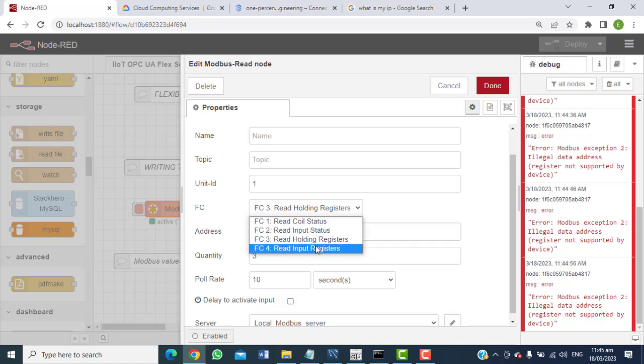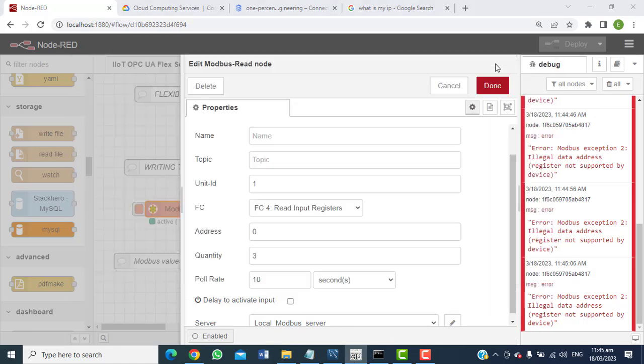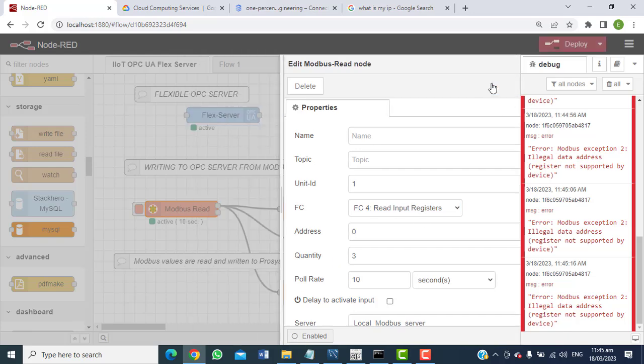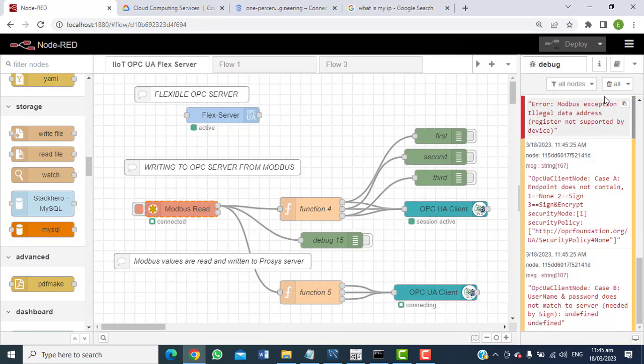Let's say I'm going to read input registers, just like my Modbus server here. Of course, these are my targets. I want to start from address 0, and then I want to read 3. You can read 1, you can read 2, you can read 3, but let me just show you that, because this is code which I've already written. So if I save this and deploy this, you would see